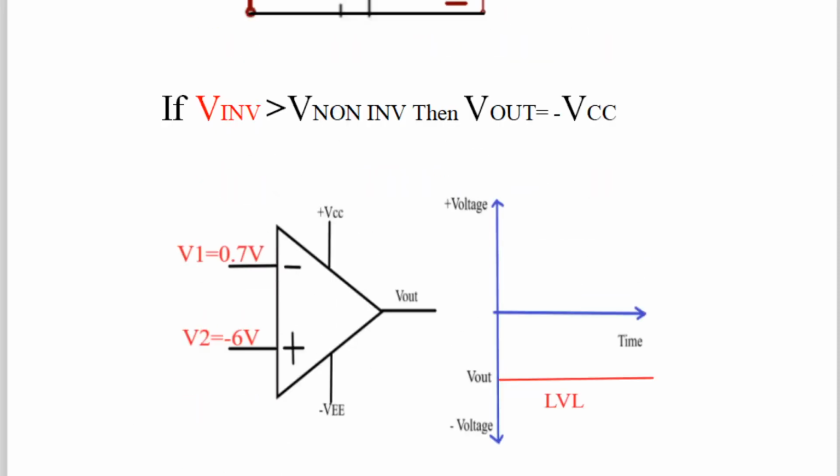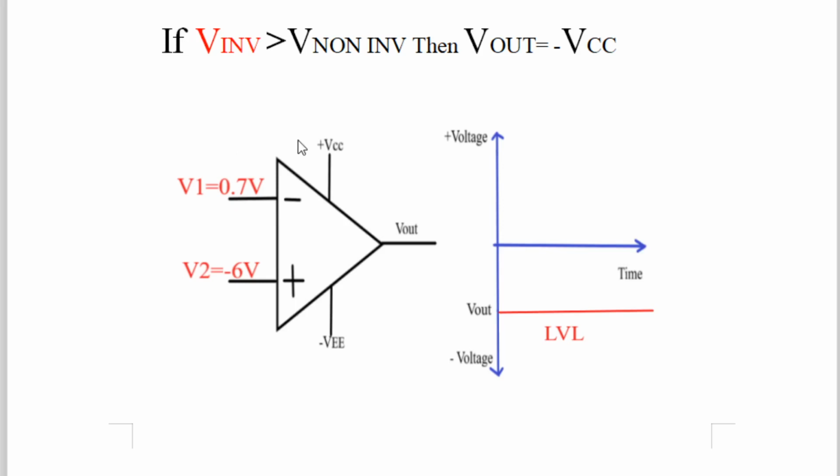Now next, again same blocks, we are repeating the basics of the operational amplifier. All of you know this, but here I have taken the reference voltages V1 and V2 a little bit different, because these voltages we are using in the monostable multivibrator. So all of you know that if the voltage at the inverting pin of the op amp, inverting means negative terminal, is greater than the voltage at the non-inverting pin of the op amp, non-inverting means positive, then at that time the output voltage of the op amp is minus VEE. In this way, the output voltage of the op amp will be minus VEE.